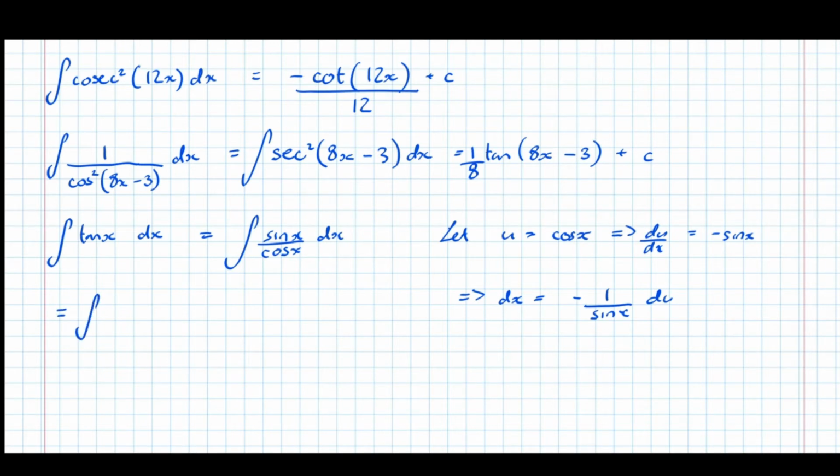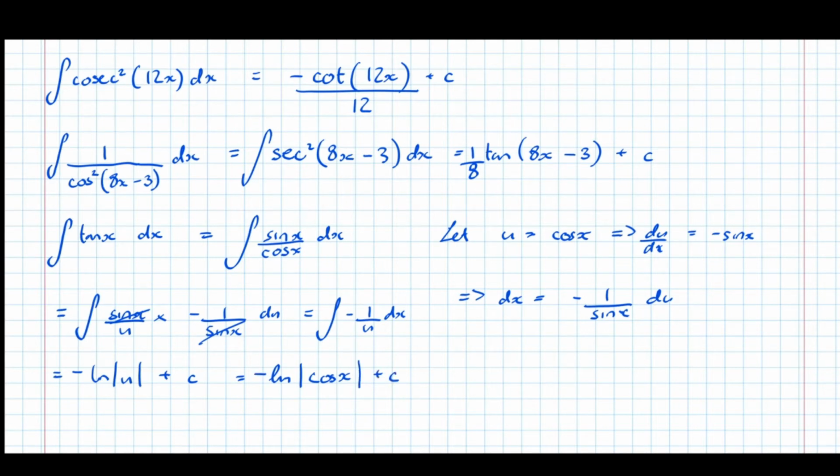So that's equal to the integral of sin x over u, because u was cos x, times minus 1 over sin x du, like that, which then simplifies to the integral of minus 1 over u, which is equal to log modulus of u plus c, and don't forget the minus sign at the front there, equals minus log modulus of, and u was cos x, log modulus of cos x